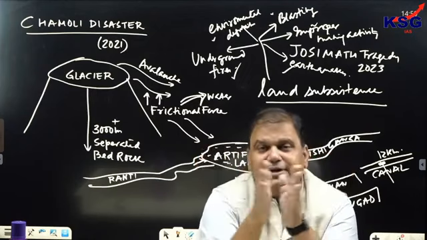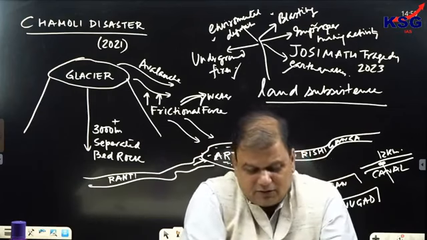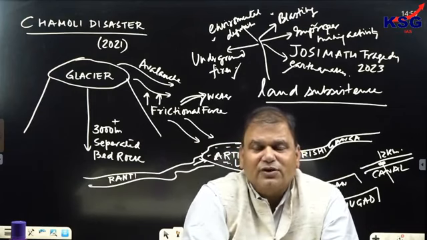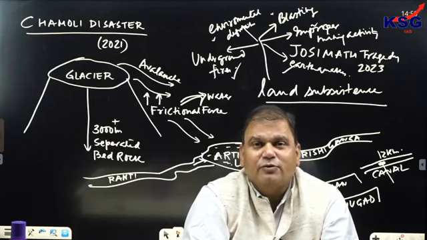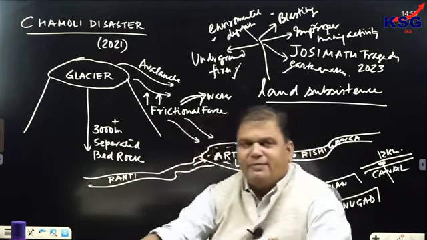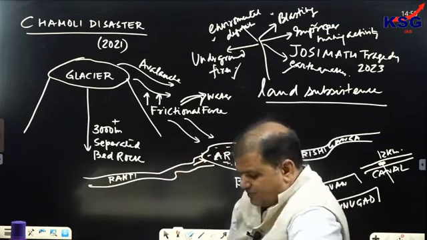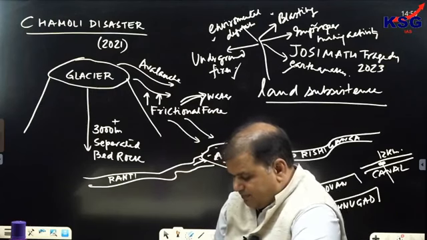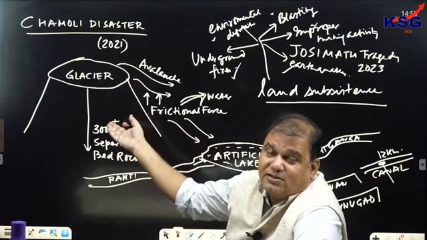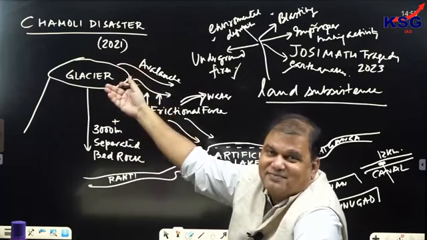Clear? Now, as far as the general measures for flood management are concerned, what measures should be taken? The first measure is flood proofing. Write down measures for flood management. And then we'll write the measures for landslide management, because we have discussed landslides also, the vulnerability of the Himalayas and the vulnerability of the Western Ghats.